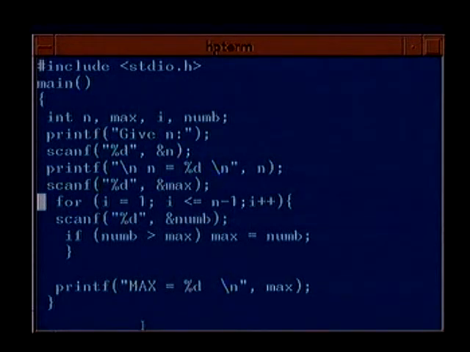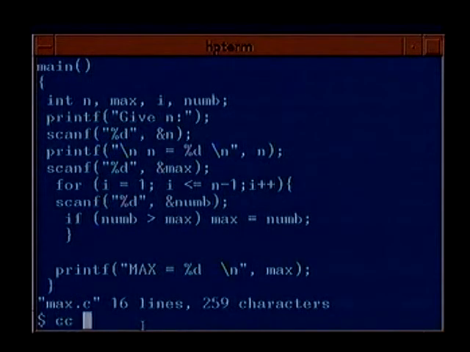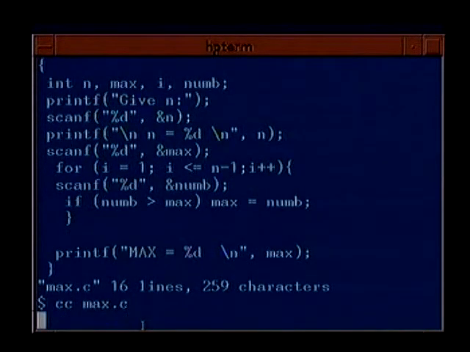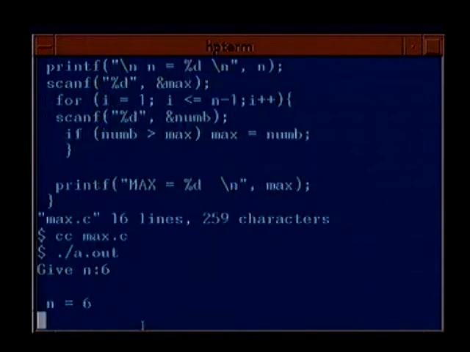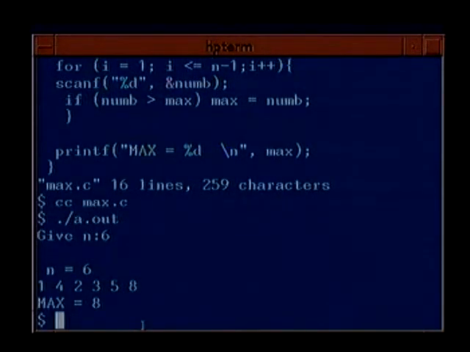And then in this loop, which starts from here and ends here, you read in n minus 1 numbers, from i equal to 1 to i less than or equal to n minus 1, and every time you read in a number, you compared if num is greater than max, then you updated the value of max to num. This was a program to find the maximum of n numbers, and in order to see how it works and just revise, we will compile it. Suppose you give 6 and you give these numbers, then the maximum is 8.